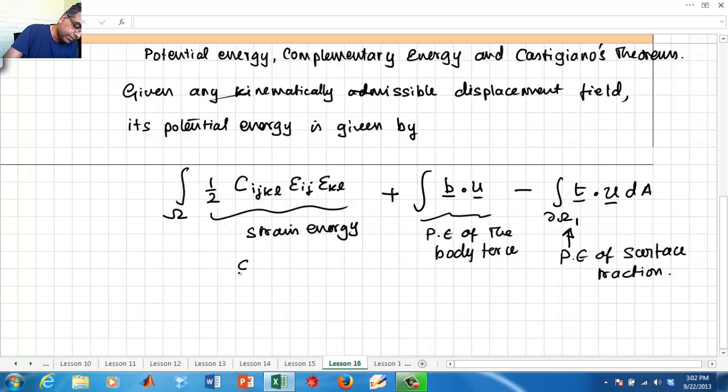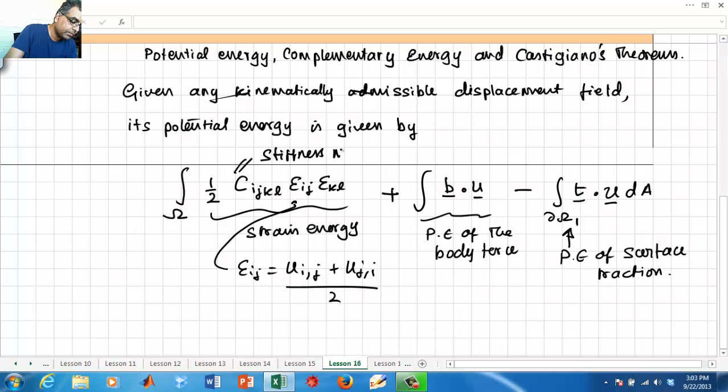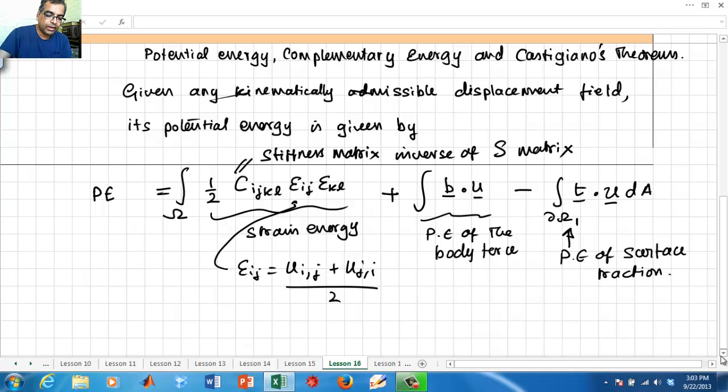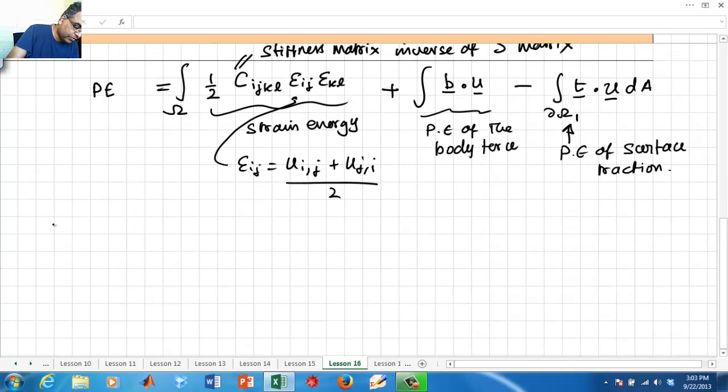So epsilon_ij is (u_i,j plus u_j,i) divided by 2. That's what this is. Okay. C_ijkl is the stiffness matrix, which is the inverse of the S matrix. Okay, so this is called the potential energy, and Castigliano's first theorem